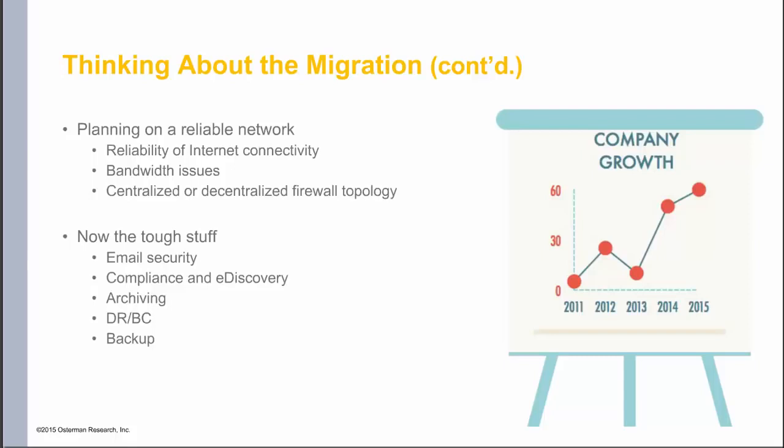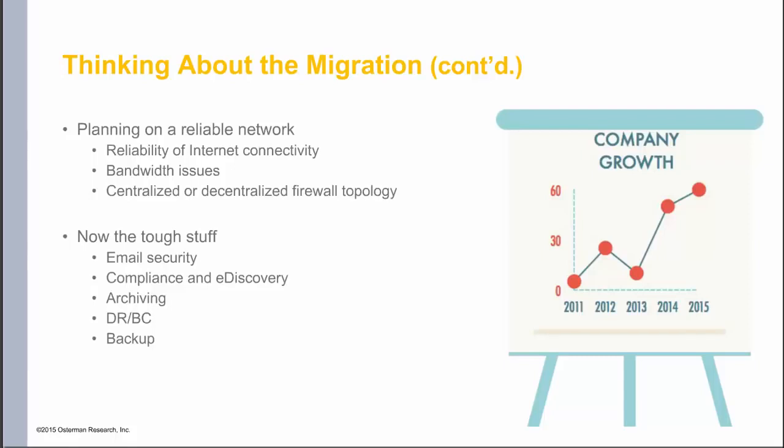Microsoft has done a very good job at building security into Office 365, and they've got some very nice capabilities around traditional anti-spam and antivirus and anti-malware protection, but also DLP. But in many cases, those capabilities aren't going to be enough. And we recommend for a lot of organizations, if not most, consider third parties as supplements to the capabilities that you'll get in Office 365, or maybe even as wholesale replacements, particularly if you have a hybrid environment where you have some non-Microsoft technologies in place as well. It's going to be very important to have a set of third-party capabilities that are going to allow you to manage all of the systems that you currently manage.